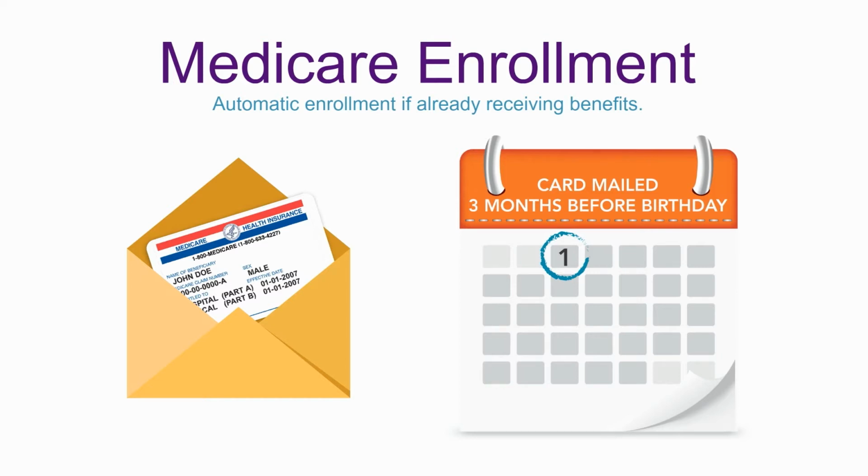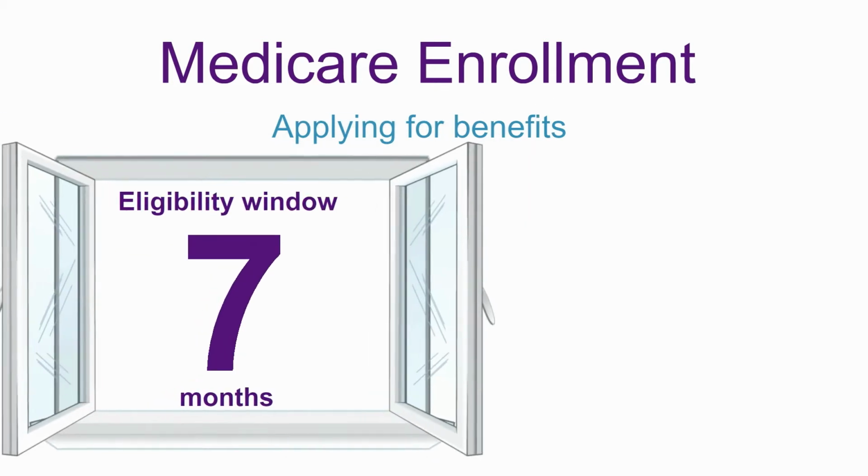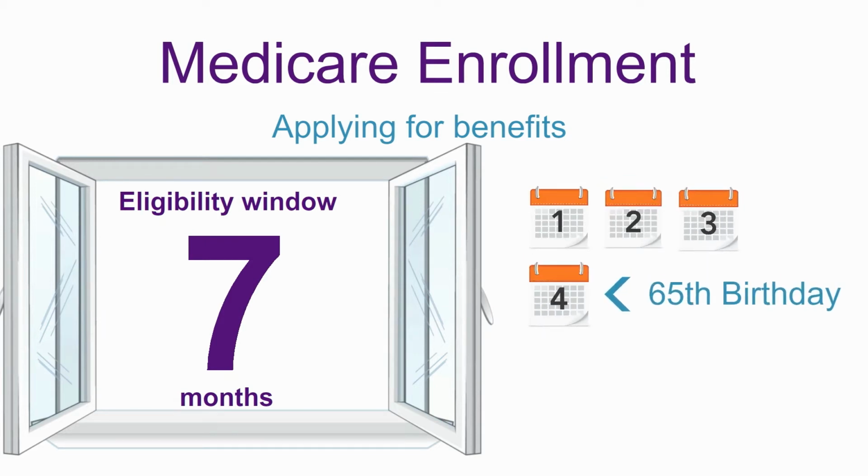If you're not yet receiving Social Security benefits, you'll have to sign up for Medicare Parts A and B. Your window of eligibility is 7 months. It begins 3 months before the month you turn 65, includes your birthday month, and ends 3 months after the